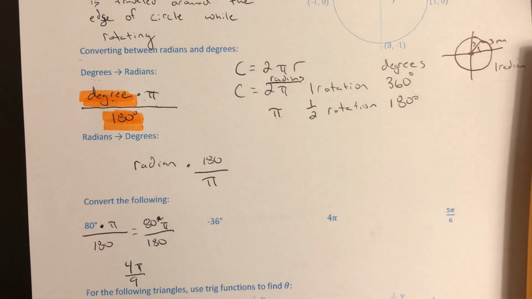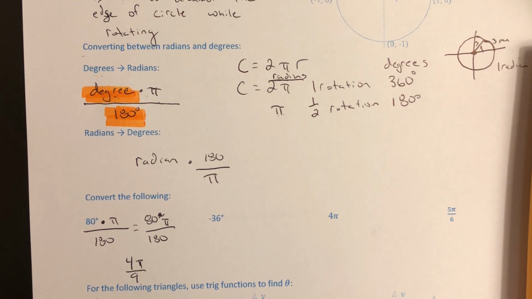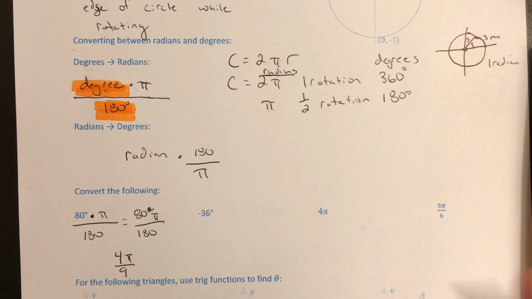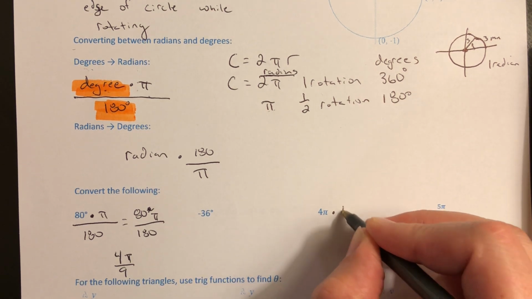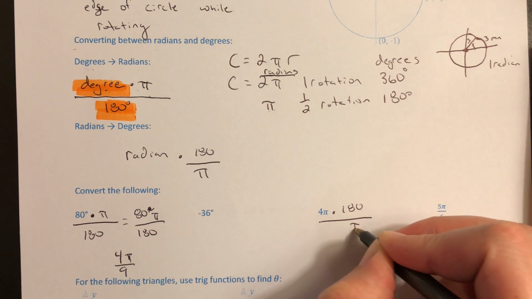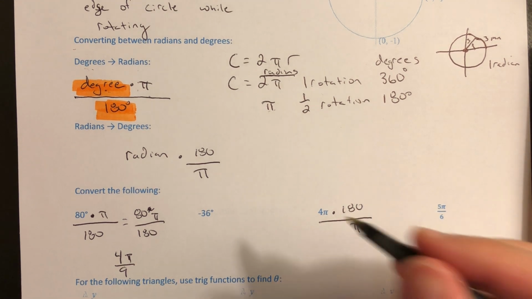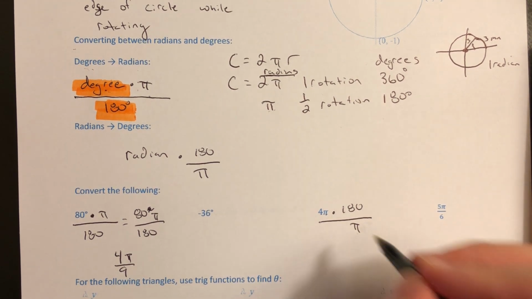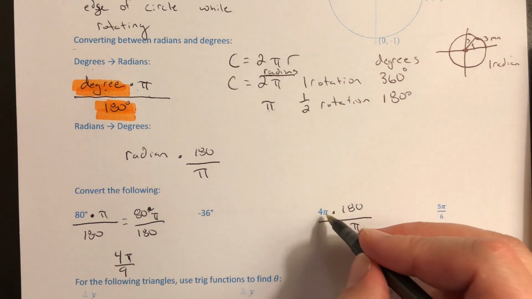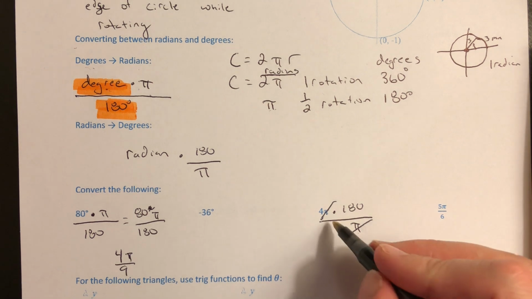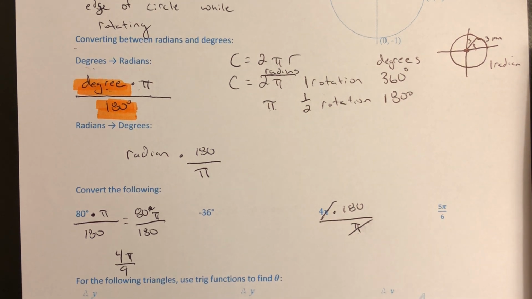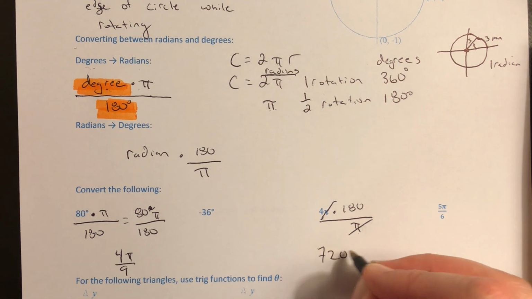So let me show you going the other way, and then I'm going to have you practice the other two. Let's multiply this by 180 and divide it by pi. Now, here's why dividing by pi is nice here. If we have a pi on the top of the fraction and a pi on the bottom of the fraction, what's going to happen to my pi's? They cancel out. So 4 times 180, I end up with 720 degrees,